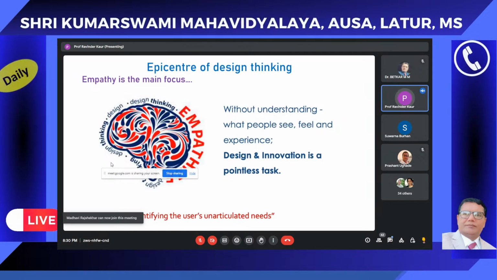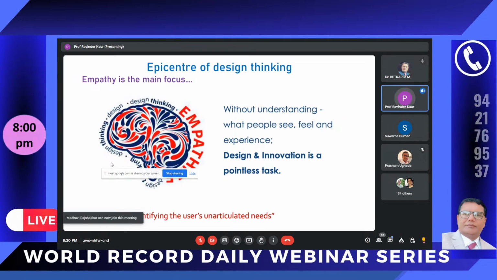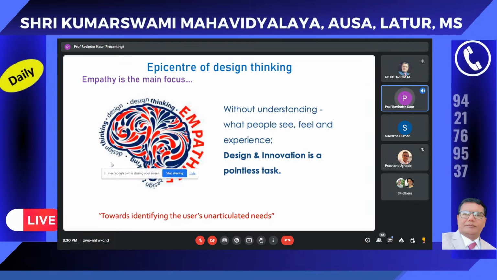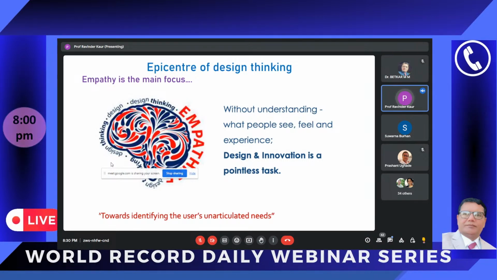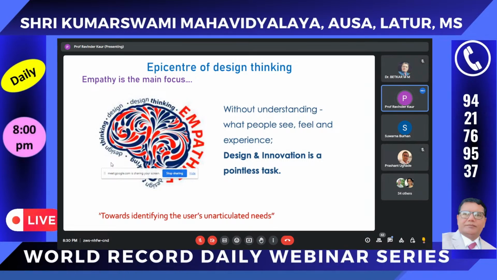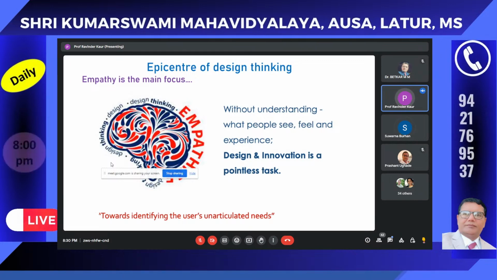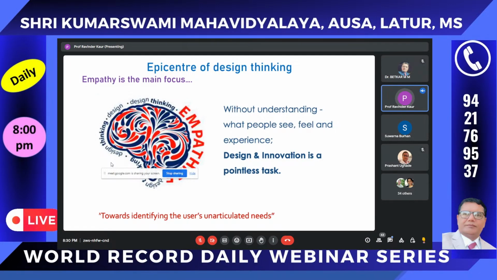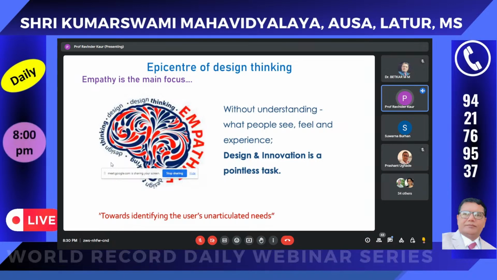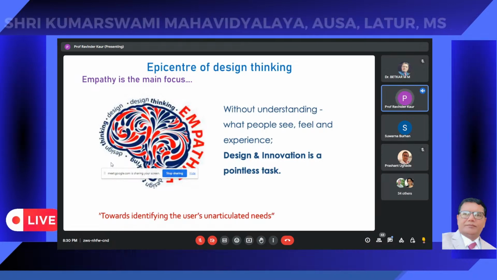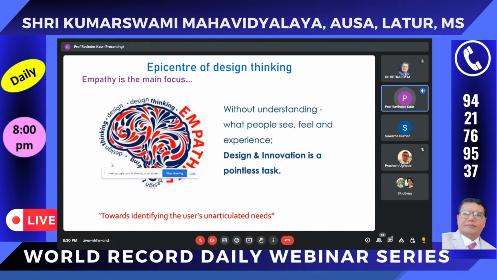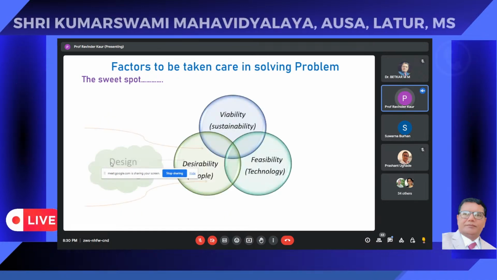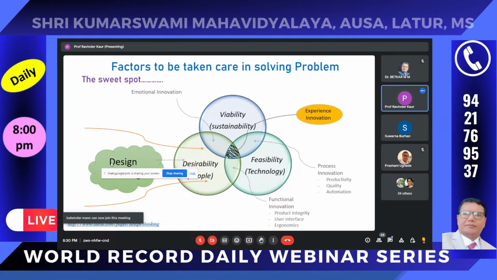But the epicenter of this design thinking is empathy, because every time we say it's human-centric. So that means I am observing people. There may be some pain points which are very obvious, and there may be some pain points which are not so obvious. Even people don't realize there are unarticulated needs, but I'm observing them, and I'm giving them the solutions. So this is what I just talked about, the three things: